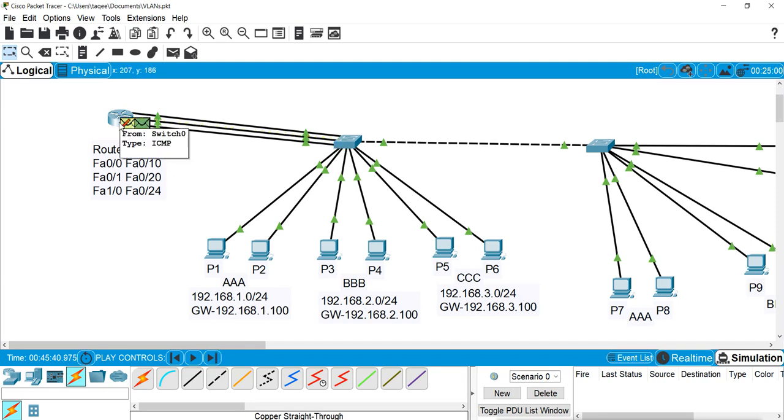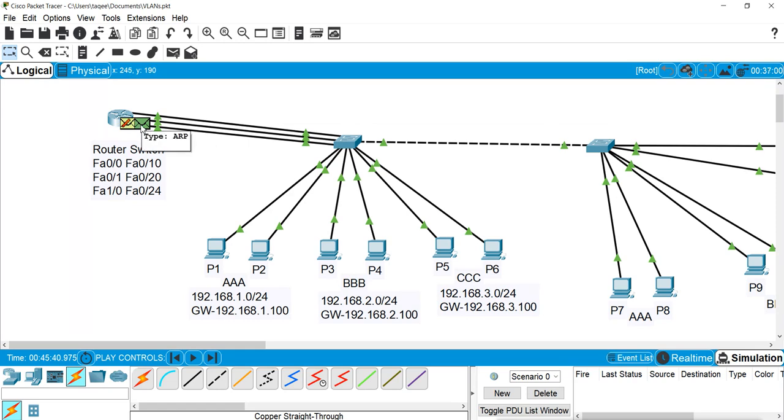Now here the router is dropping that ICMP packet, and that is why the first ping request drops. Why? Because the router doesn't know the destination MAC address. It is not in the ARP table of this router. So because the router doesn't know the packet's destination MAC address, it will drop this packet, and first it sends the